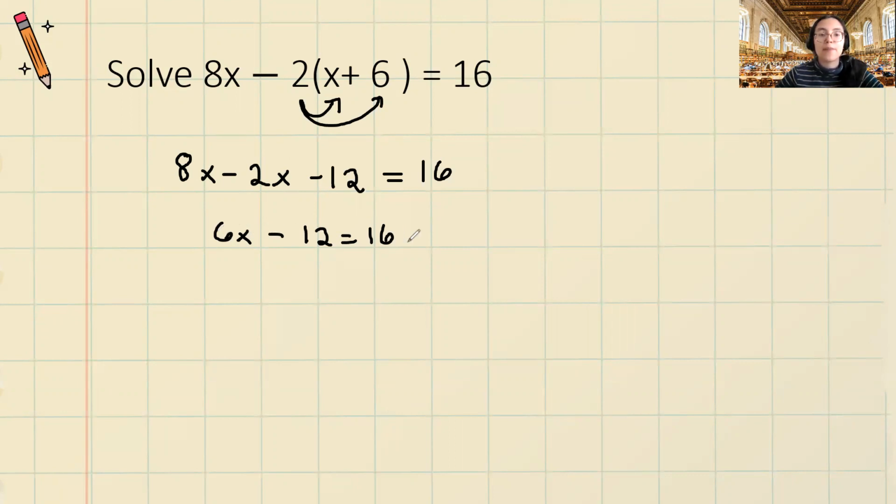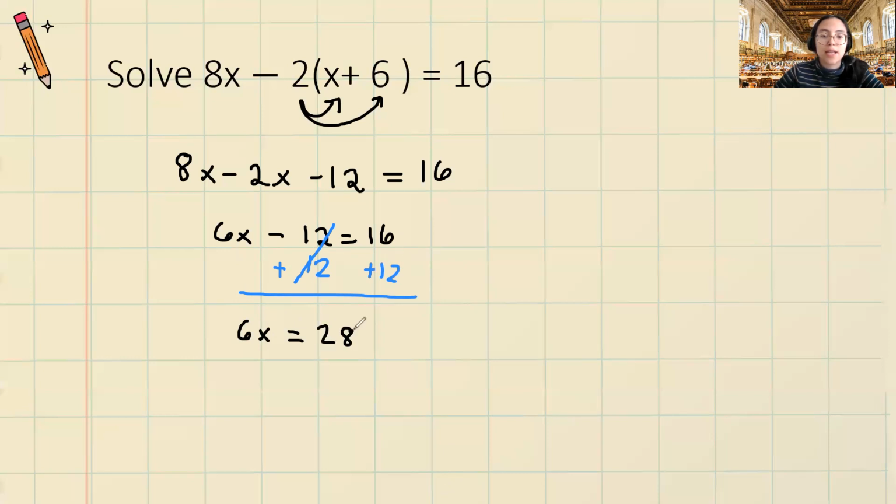And we have to solve by getting our variable x by itself. So I see here that I have 12 that is being subtracted. In order to undo subtraction, I have to do addition. So I'm going to add 12 to both sides. These 12s will cancel, and I can bring down my 6x, my equal sign, and 16 plus 12 is going